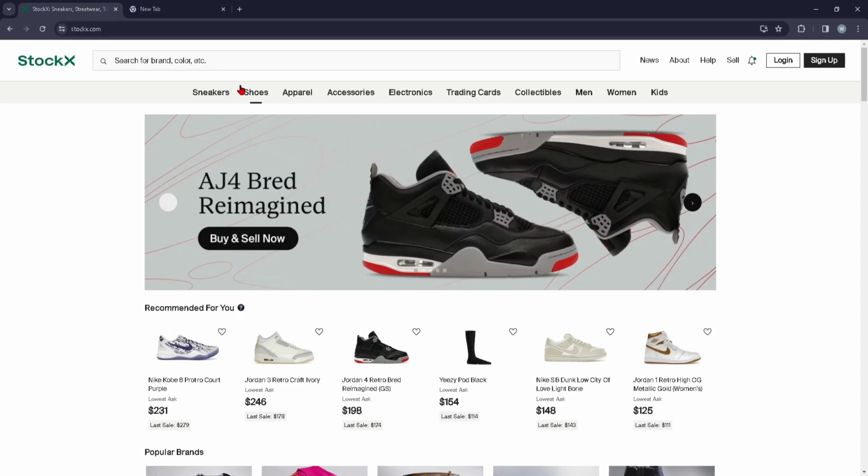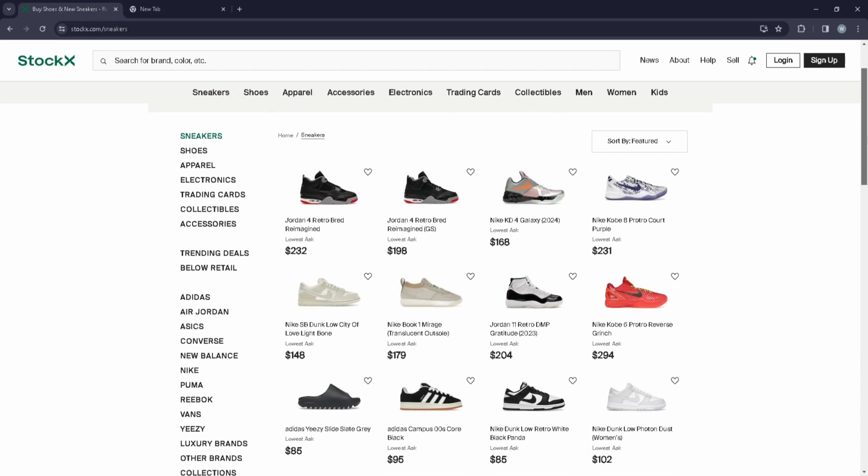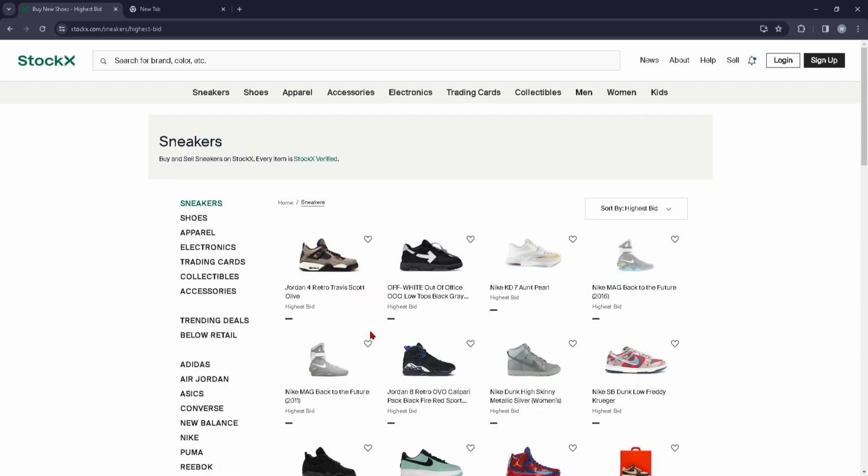So first things first, you're going to go ahead and select the sneakers option, and just by scrolling down a little bit you should be able to see this sort by, and you can select this sort by most popular, new lowest ask, new highest ask, average sale price, total sold, price premium, last sale, lowest ask, and all that good stuff. So you can just go ahead and click on any of these and you should be able to